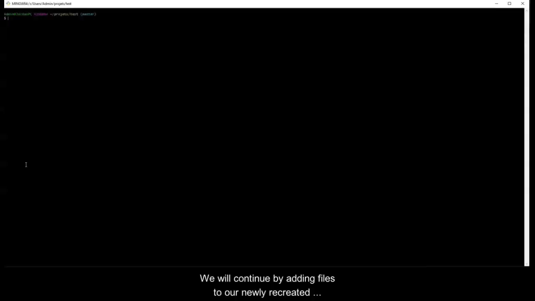We will continue by adding files to our newly recreated test repository. As a reminder, we now have one untracked file, which is hello.html. Before adding it and continuing to commit, let's add another file. Let's create a file, for example,